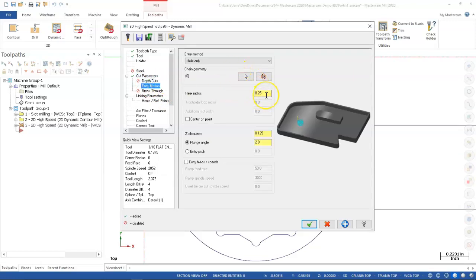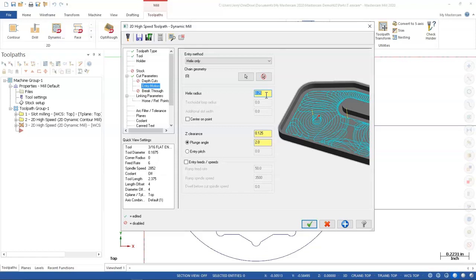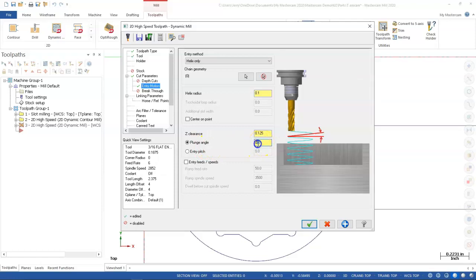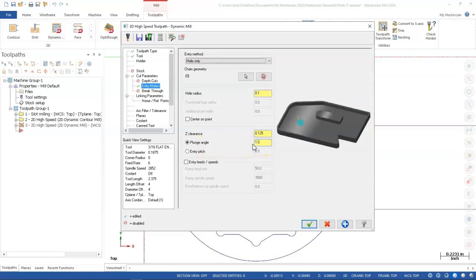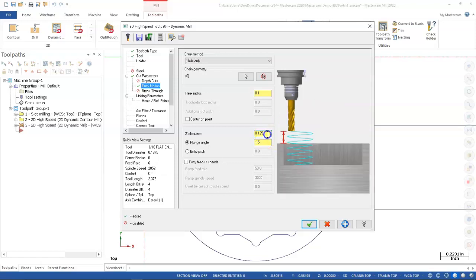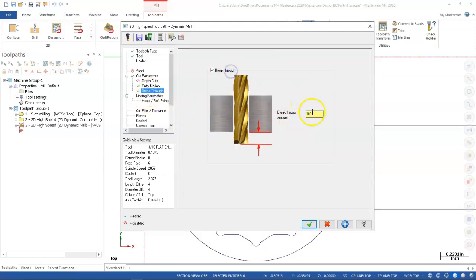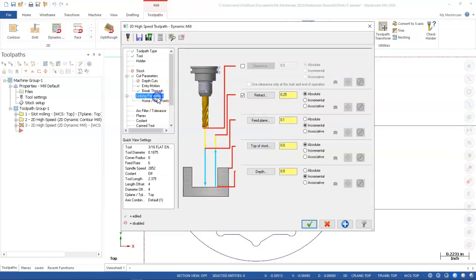Entry motion, helical radius, a little big for a 3/16 end mill, so maybe 100 thousandths, so a little over the radius, so it'll pivot. And Z clearance, plunge angle 2 degrees. I think we went 1.5 on the slot, so we'll keep that. And the clearance, how far above it will start. So basically that'll be good for 2 or 3 loops before it gets gauged into the material. So 30 thousandths above, and then we'll set the plunge angle, breakthrough of 10 thousandths again, and then our linking